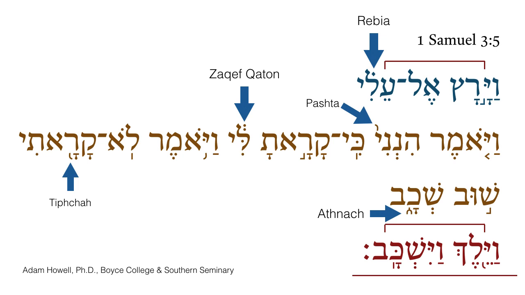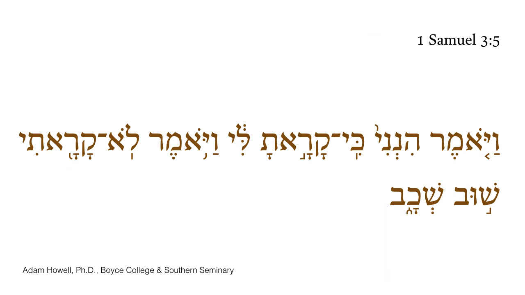Let's clear away some of this and look at the direct speech divisions. Now let's set up again the Athnok subordinates, the tifka here and the zakef katon here. The tifka must occur one or at most two words in front of the Athnok. Here it's on the second word, and that being the case, it's a little more limited to where it can fall within the Athnok segment. The zakef, however, has more flexibility within its Athnok segment. Here, it falls on the last word of Samuel's direct speech, marking the end of his sentence.